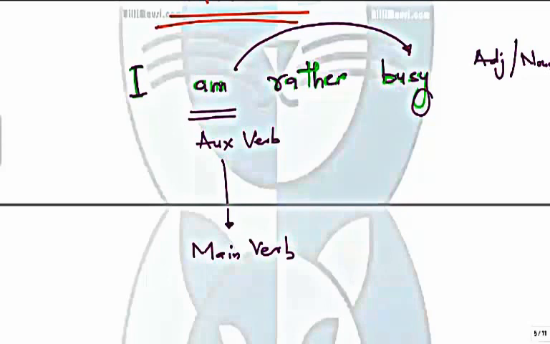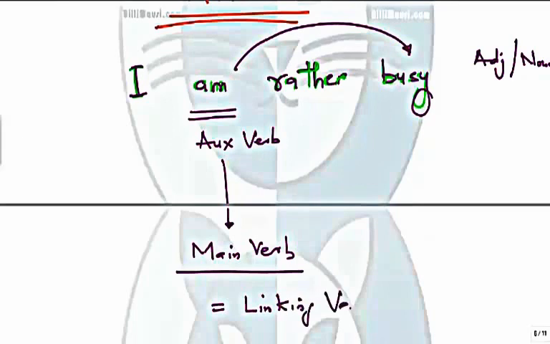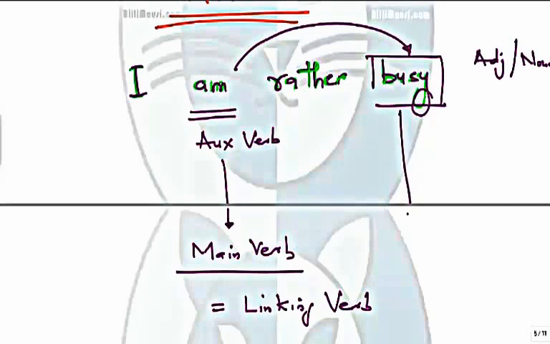Well, this is a rule which I'll be discussing in detail when I will be discussing adverbs or linking verbs. Actually, when auxiliary verbs behave as main verbs, it is called a linking verb. And this word which follows is called its complement, which is either an adjective or a noun.